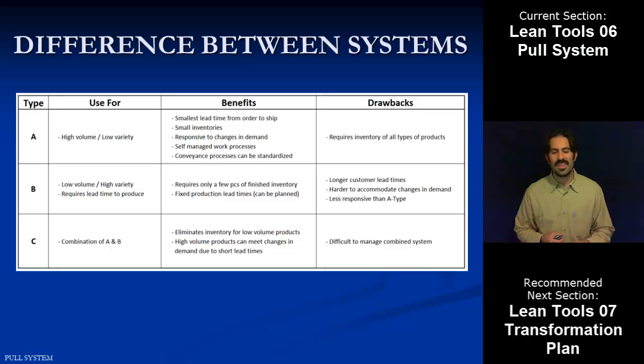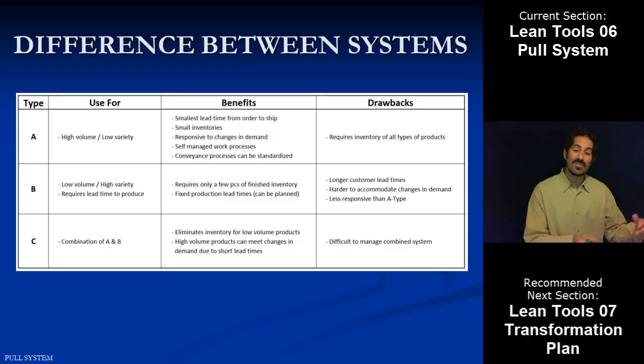The main drawback to that, we've hit on it, is you've got to keep inventory of all the different types if it's going to work, which is a non-starter in some applications. And in those applications, we move to the B-type, which is low volume, high variety. We also, there's lead time to produce built into that because the unit does have to start and go all